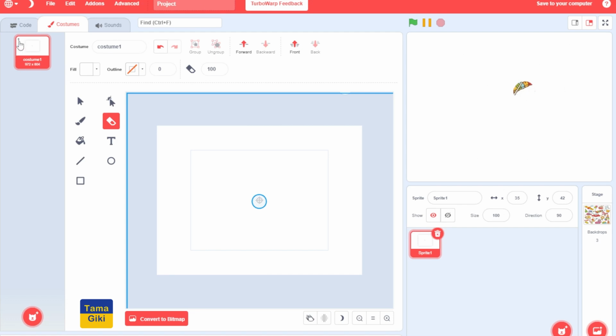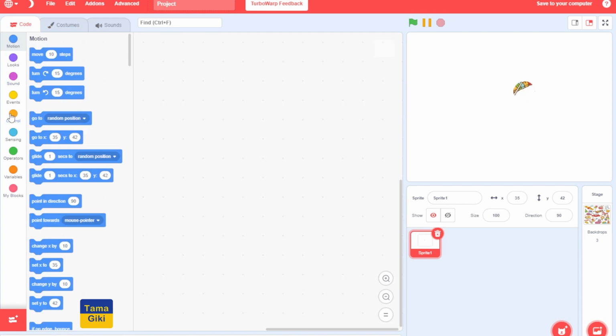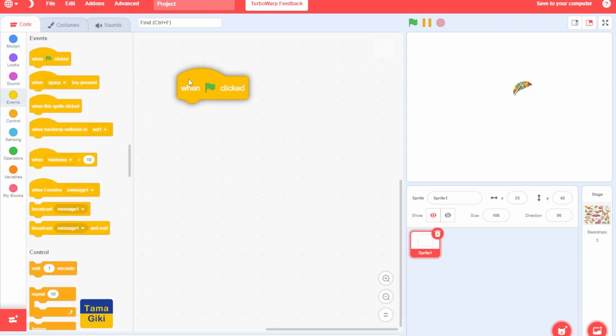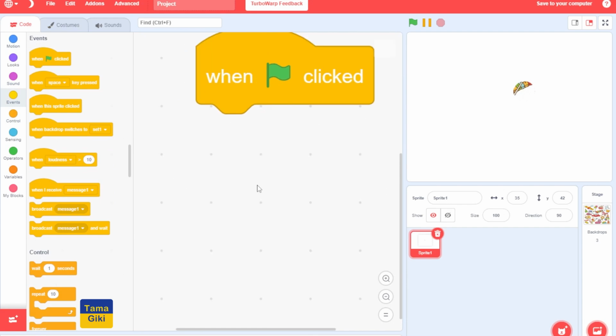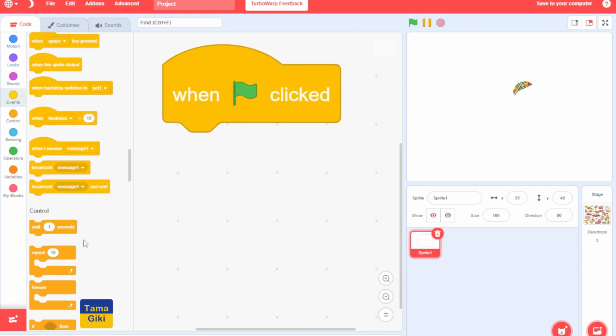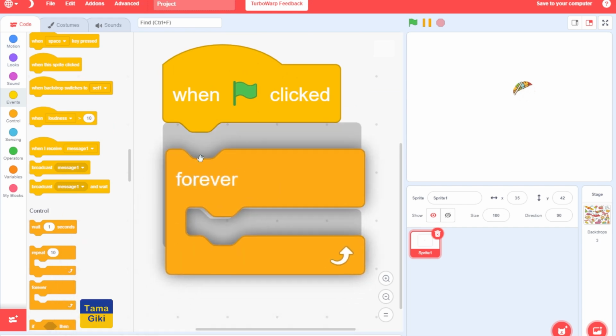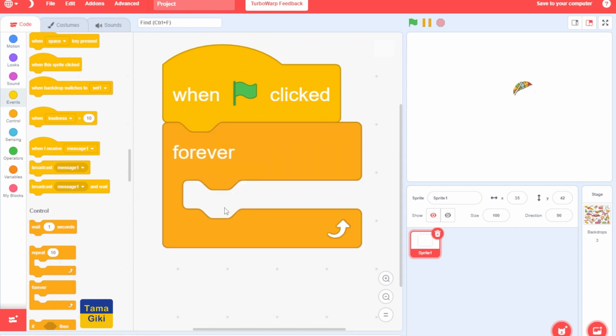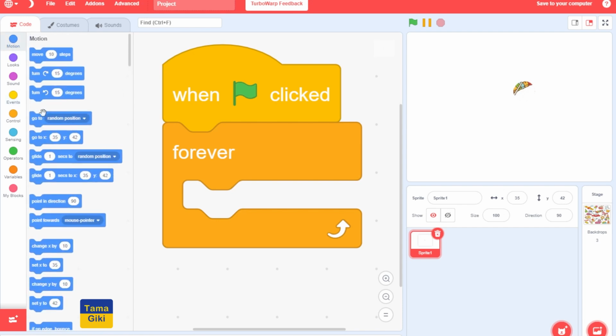So what I need to do, I need to go to code, this little sprite one, big square with a hole. I go to code, and I do events, and when green flag clicked, let's make it bigger, and I go to forever, because I need it forever, right? I need to go after a mouse pointer forever, and I go to motion. Everything with moving is hidden out here. You click on motion, and you go to,